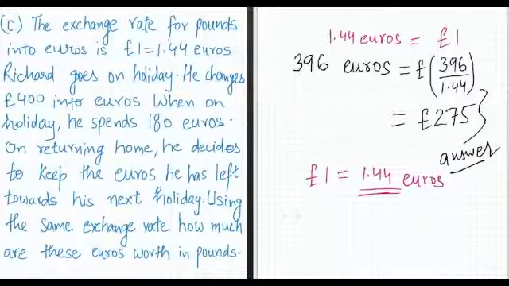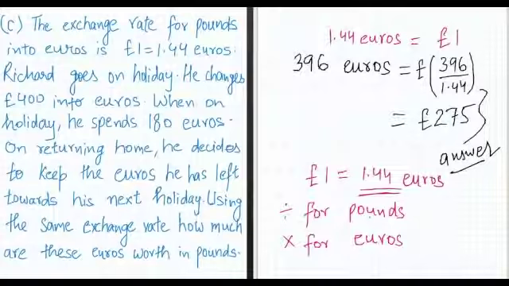And if they ask you how many pounds, then you should know pound is worth more than euros. So in this case you have to divide always for pounds, and if the question says how many euros, then you know euros are more than pounds in conversion, so always multiply for euros,